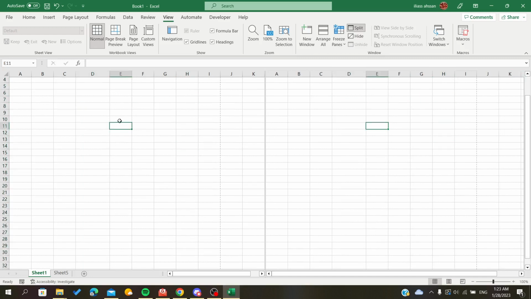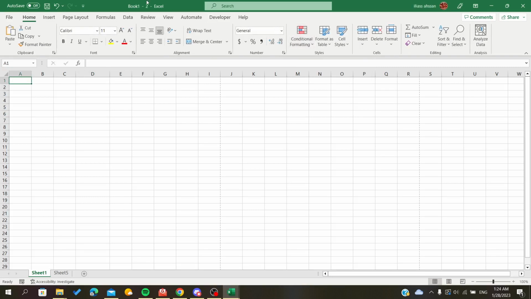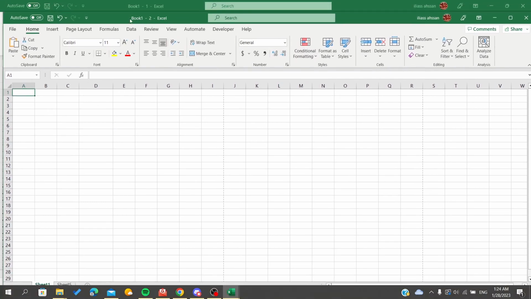As you can see, whenever I'm traveling or scrolling here, we have the same exact tabs. The other option is not using the split, but using a new window. So now, as you can see, I have this window that is called Book1. So it's the same file that is called Book. And if I click on New Window, I will have the same exact